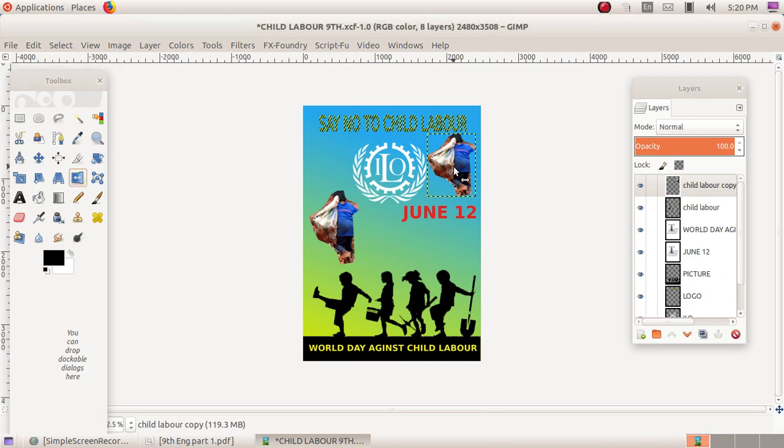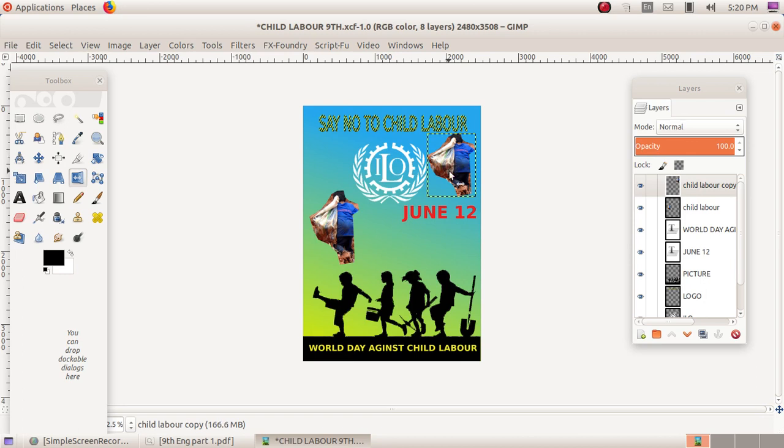The system is very slow, that's why. You can see, after selecting the flip tool, then click on that picture. The image is flipped to either side.